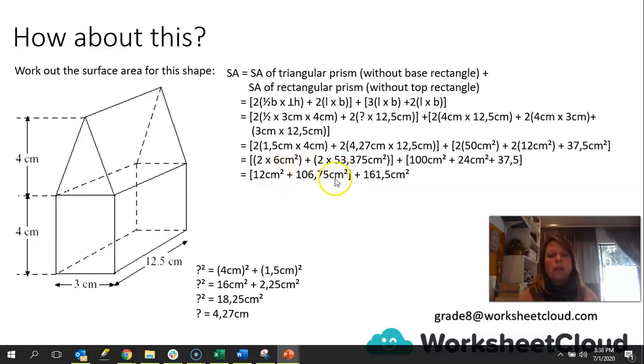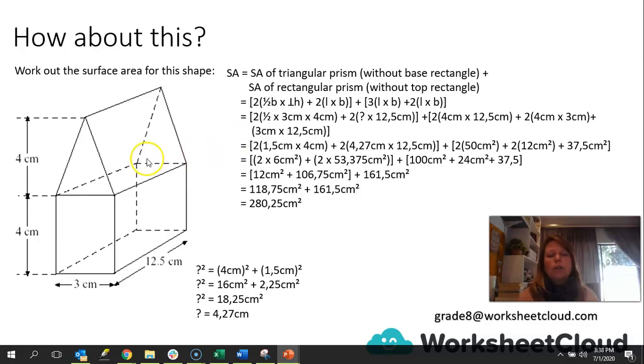I need to add those together to get the surface area of the triangular prism. And here's our surface area of the rectangular prism. It's 161.5 centimeters squared after adding all those together. Right, I add these two together. 118.75 centimeters squared is the surface area of our triangular prism. Add together with the surface area of our rectangular prism, remembering we did not include that. So adding it together, we get 280.25 centimeters squared is the surface area of this shape, which looks pretty much